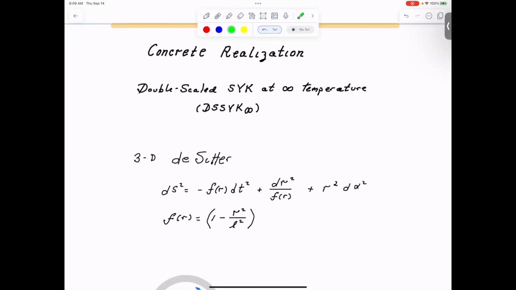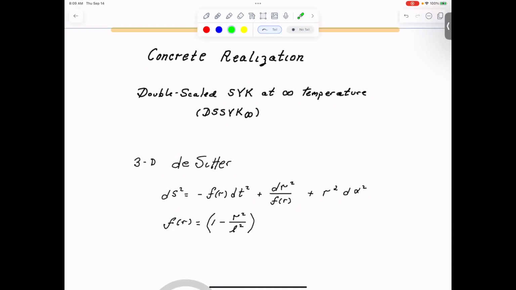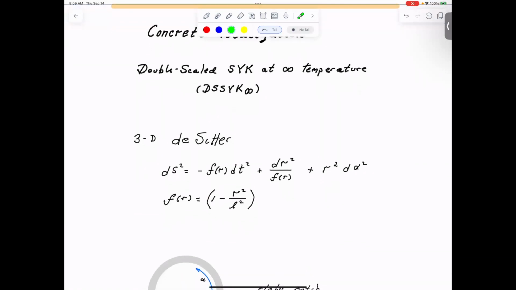The concrete realization that I'm going to talk about is double-scaled SYK at infinite temperature. Is it actually a representation of de Sitter space, of some sort of de Sitter space? I think it is. Most of my friends who I've talked to about that think that it isn't. We'll see. We'll find out eventually. Okay, to understand,